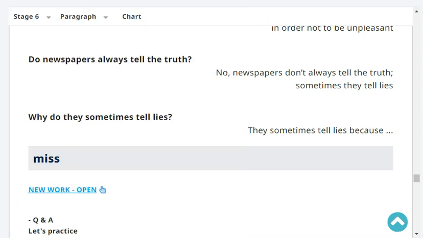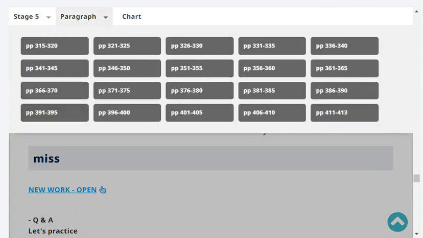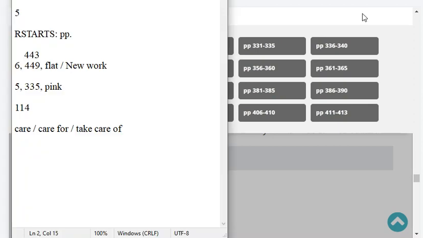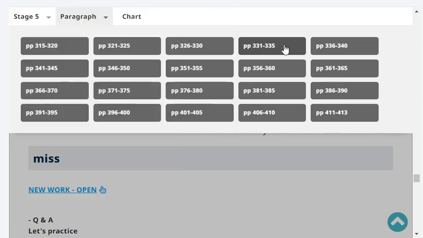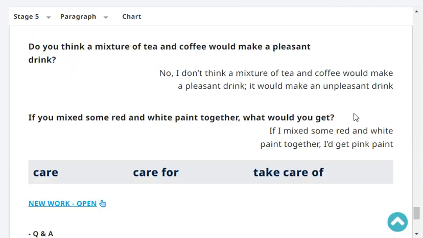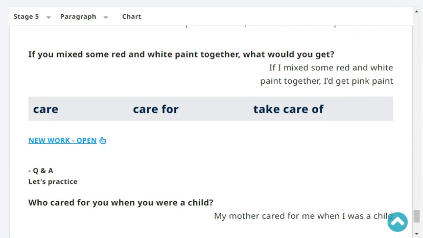Okay, so now let's move on to reading. Our reading is at stage 5, page 335. And the last headword was pink. Okay, start with headword care for, take care of. Okay. Care,